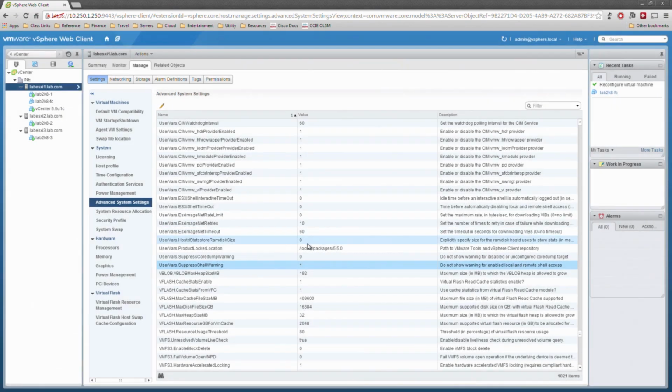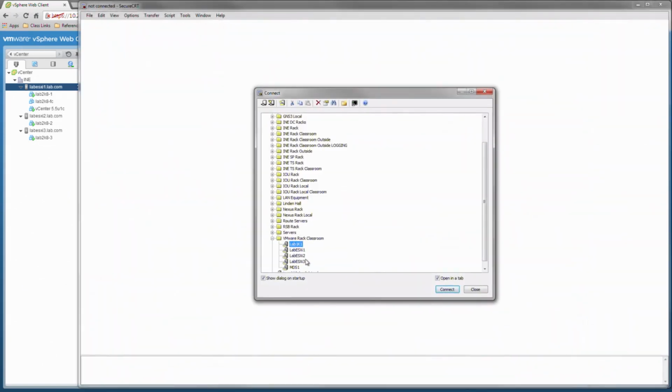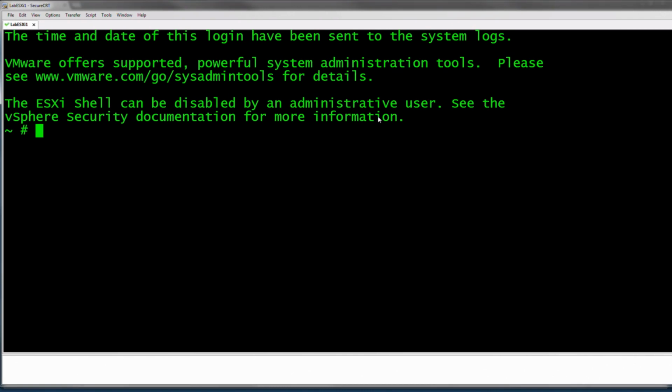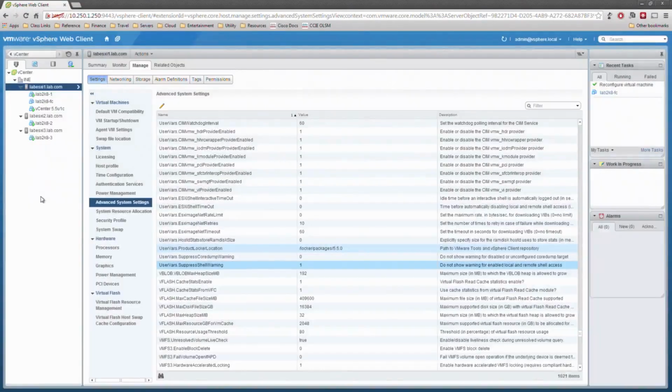So if that's not something you want to do, then you can skip everything I just said. But I like it because what I do then is I'll switch over here to my other tool. First off, it lets you do a couple things, right? First off, I can actually connect right into the shell using something like SecureCRT. And there we go, I'm in the shell of the host. Again, we're not really getting into command line and all that today, but this is one of the things that the SSH allows, obviously. So you can SSH in, but more importantly, what's more relevant to what we're doing right this second is